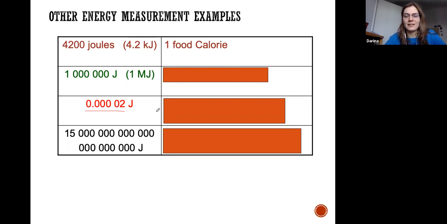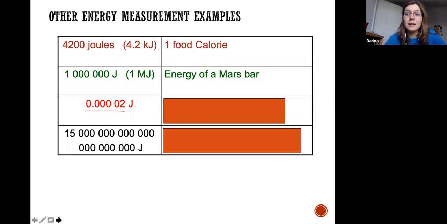Okay, then C. Well, C is tiny, isn't it? If 4,200 joules is 1 food calorie, all right, then B, yes. So B is actually the energy of a Mars bar. That's a lot, right? That's 1,000,000 joules. And so it's just to give you a bit of context on what a measurement of energy actually is. So in this case, a joule is not a lot of energy at all. So just one food calorie is actually around 4,000 joules, and 1,000,000 is